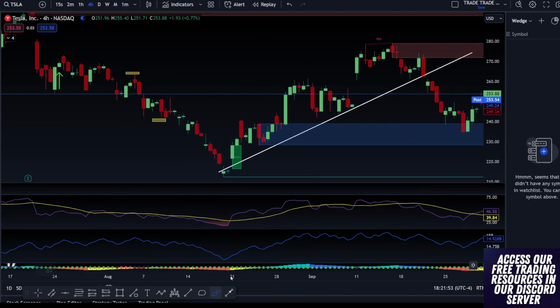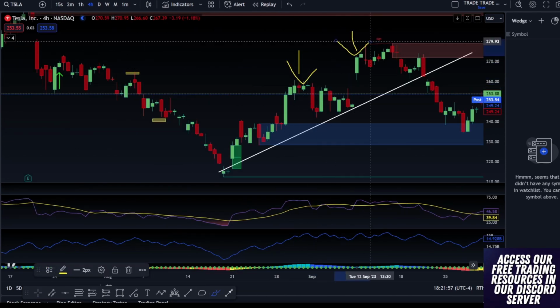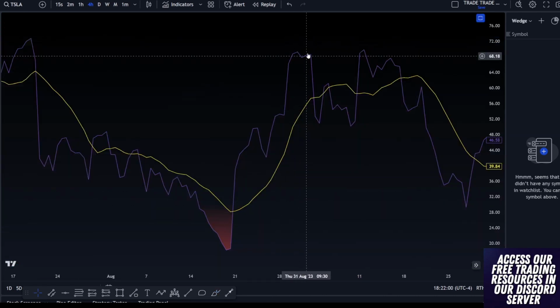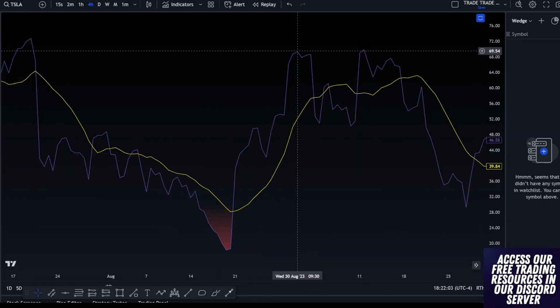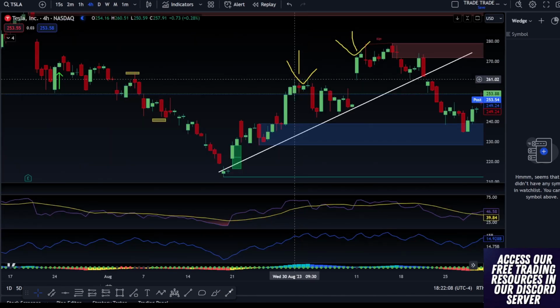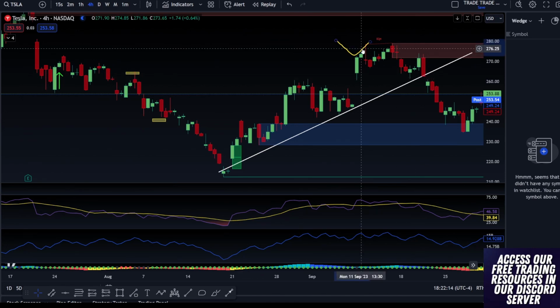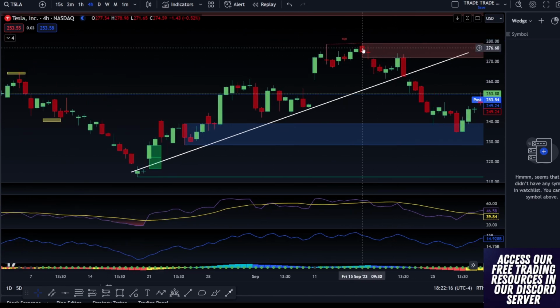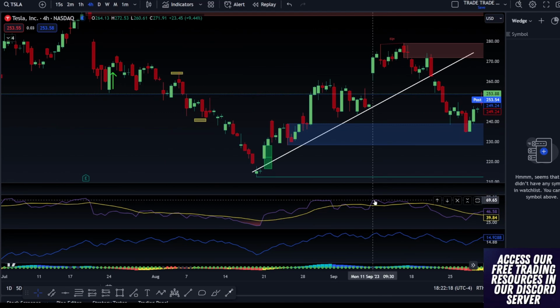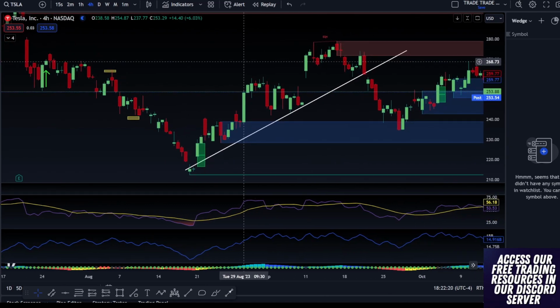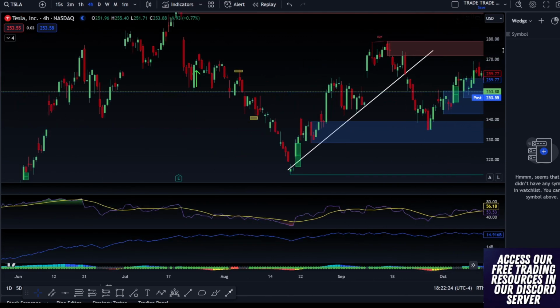Let me get my brush here. Look what happens here, higher high, but then look at the RSI. It makes barely a higher high. It's not a divergence yet, but we're seeing weakness. So we come back, and now as we test this level, we see the bearish order block come through, and we see the divergence on the RSI. It's a pretty solid time to start to scale out of this position.